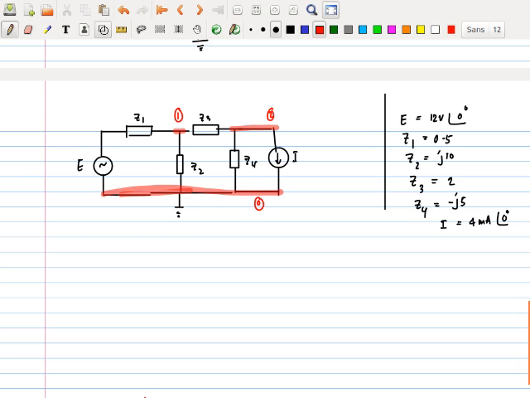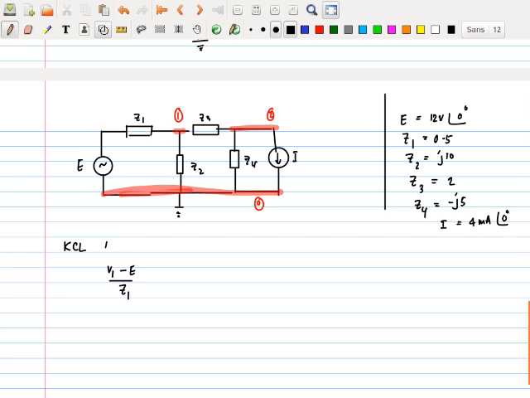Now I write my nodal equations. What are the nodal equations? I apply the Kirchhoff current law to the first node. You assume going in minus, coming out plus, or whatever you want to assume, but you have to make sure for each equation you use the same method. So I'm using the current going out of the node as positive. I can write the equation V1 take away E over Z1,